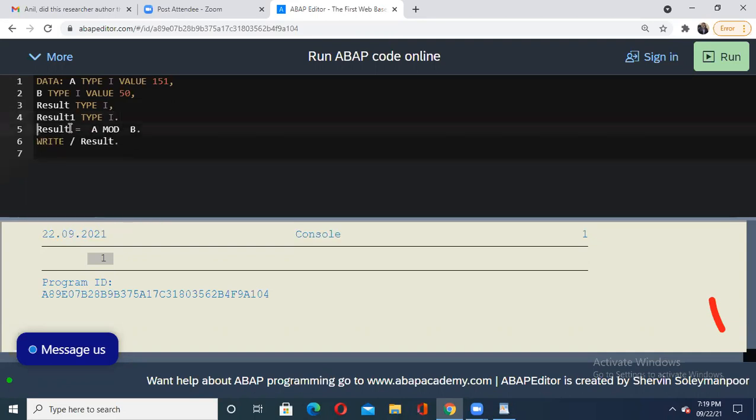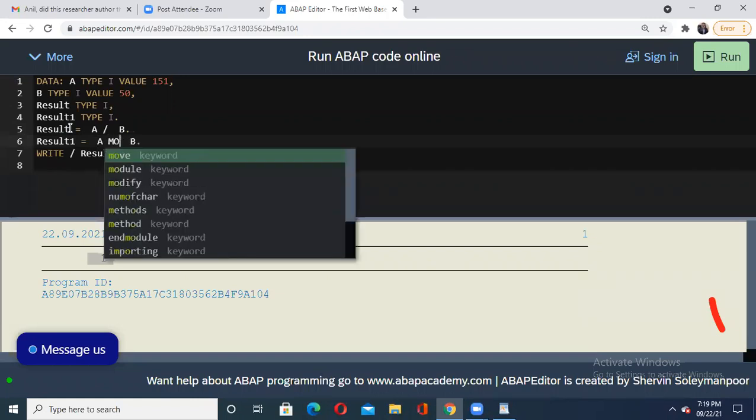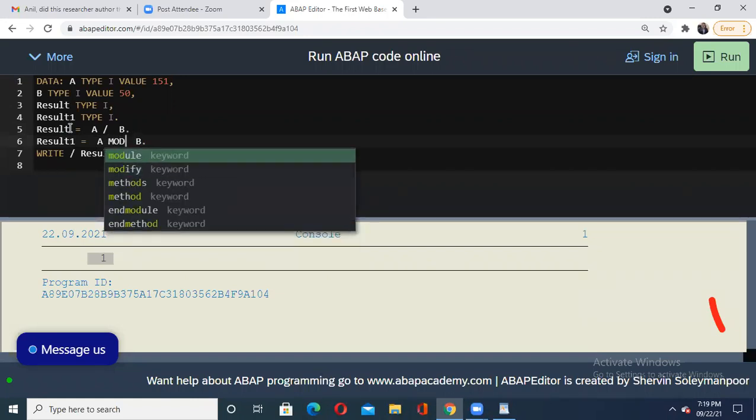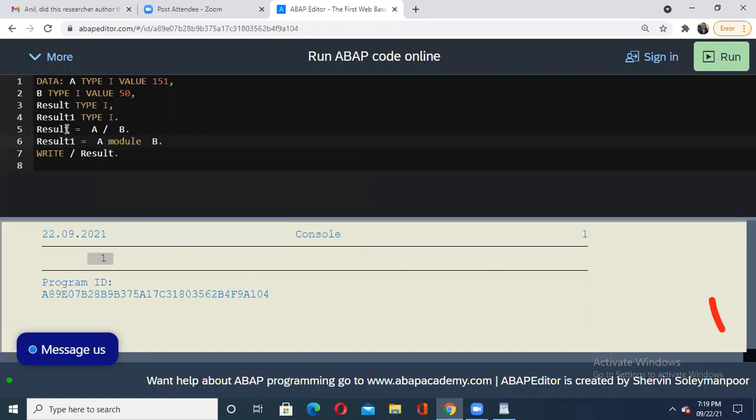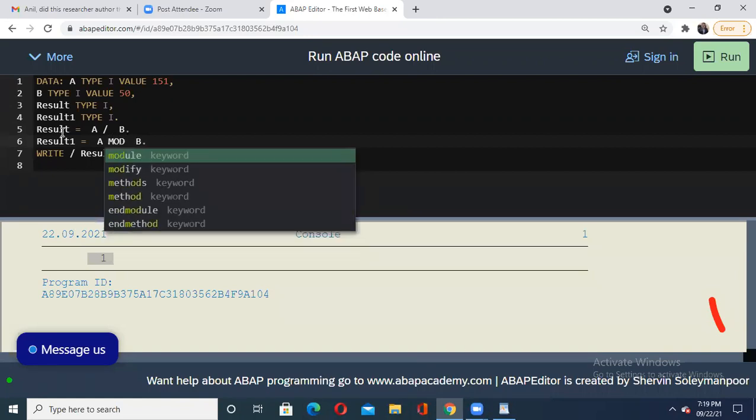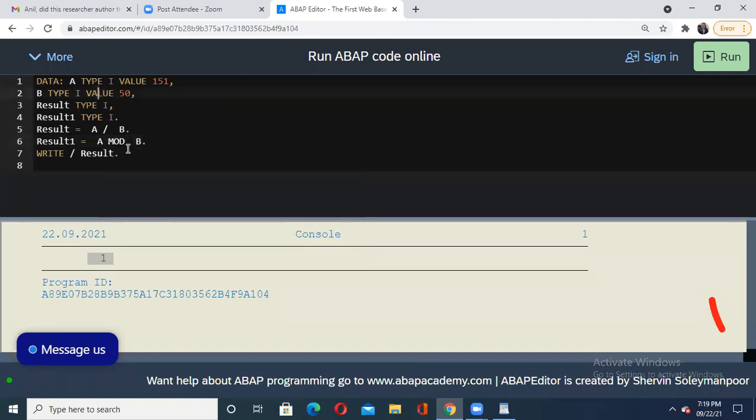My first variable result will give me the value of the division, and the second statement will give me the mod. Control C, control V. Here I'll make it result1 and then MOD, with MOD in capitals. Then I'm printing result like that.